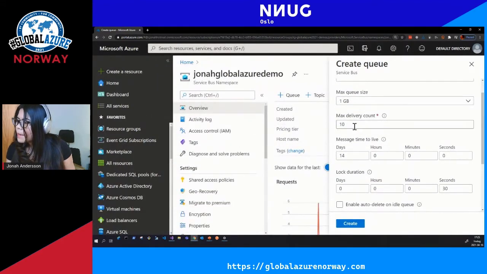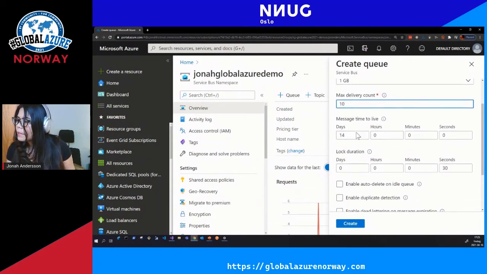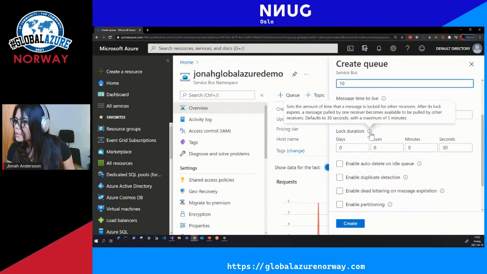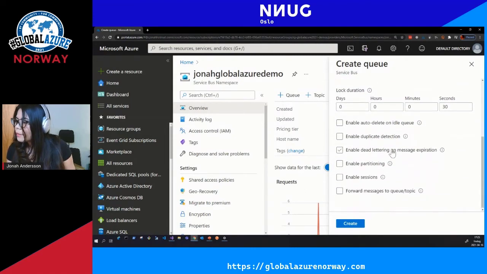The max delivery count you can set from values 1 to 2,000. You can also set the time to live and the lock duration. And here are the advanced features that I mentioned earlier, if you want to enable auto delete, duplicate detection, dead lettering on expiration, and also partitioning.